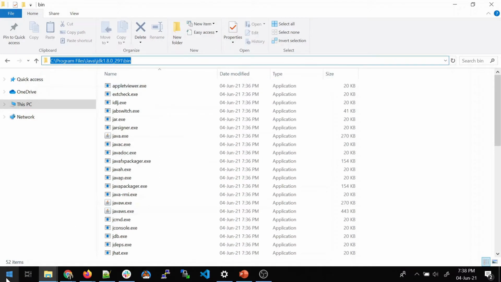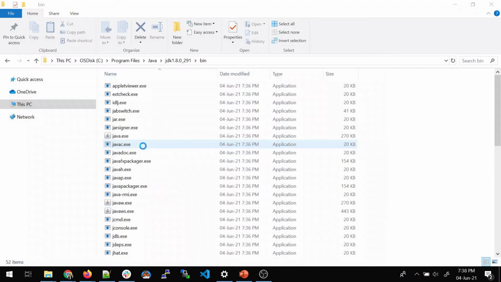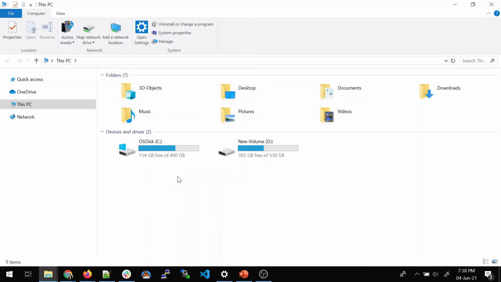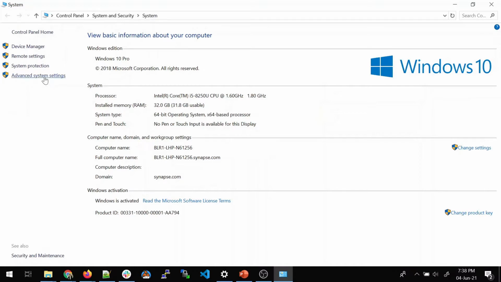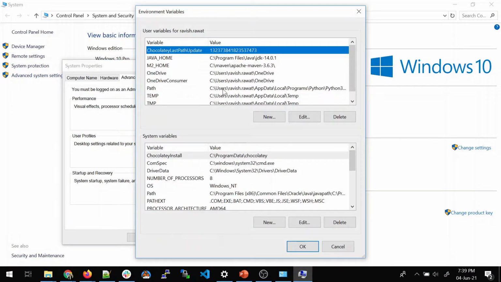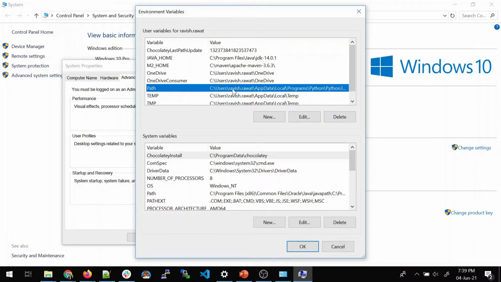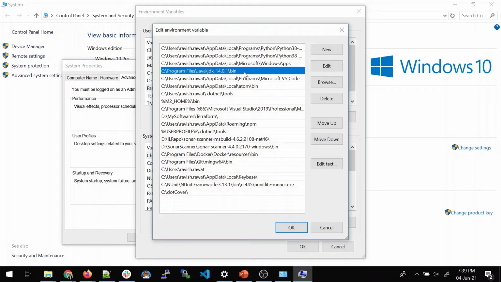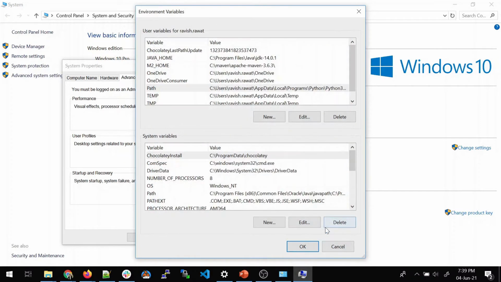You have to make sure that this is in the path. Go to start, go inside your computer, go to properties, go inside your advanced system settings, go to environment variables and look for something known as path. Go inside. You can see that I already have JDK 14.0. All you have to do is you have to either enter a new entry over here, whatever you have placed.